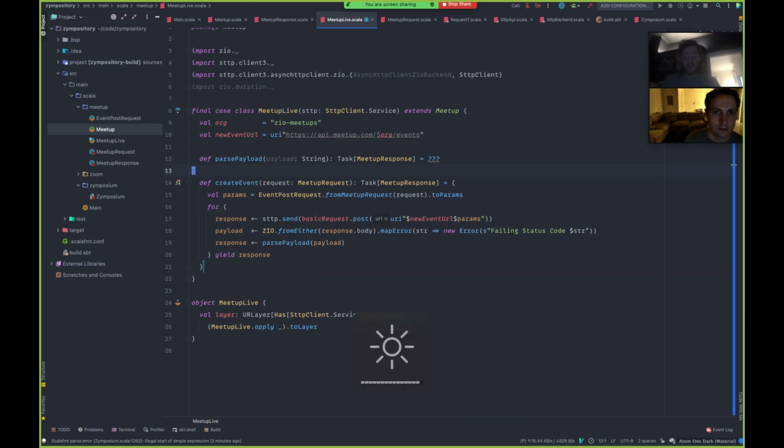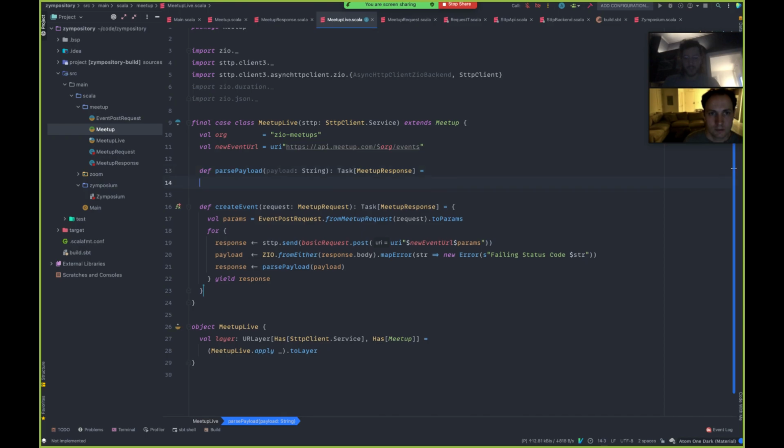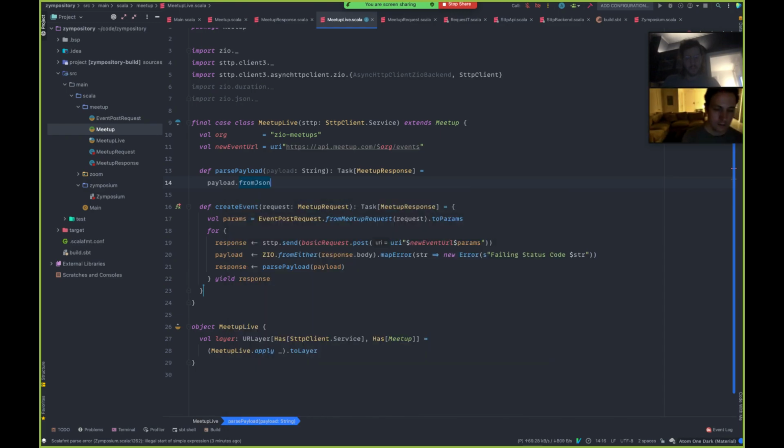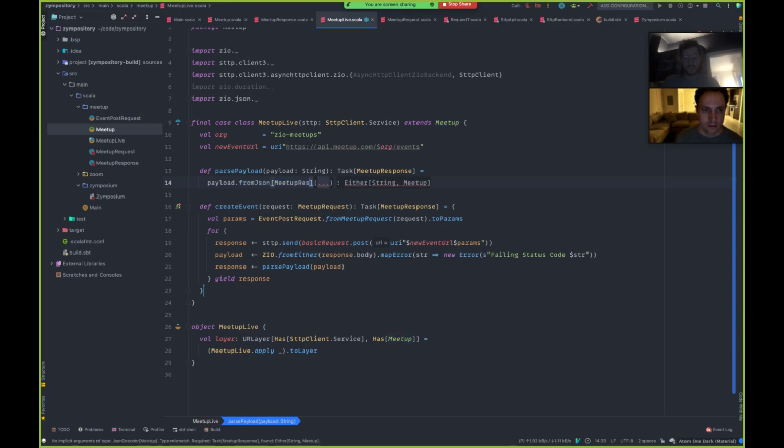Okay, but now we still need the parsing bit, and this is where we can use import zio.json. Basically, we want to take our payload and call fromJson, and pass in MeetupResponse. And then this is going to return us an Either. So we can call ZIO.fromEither.